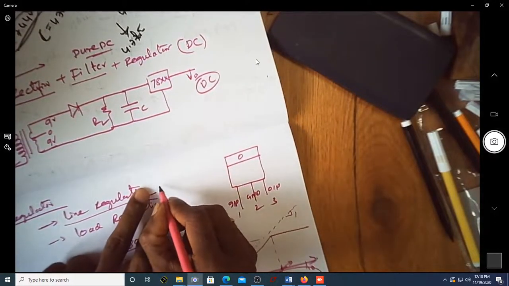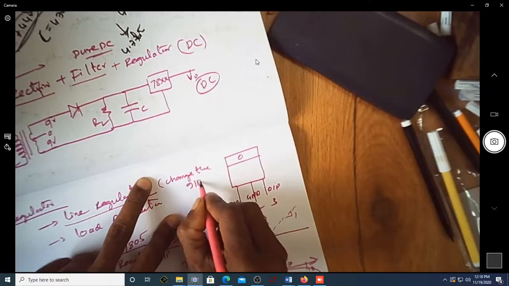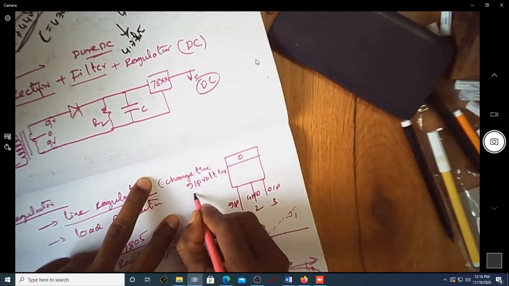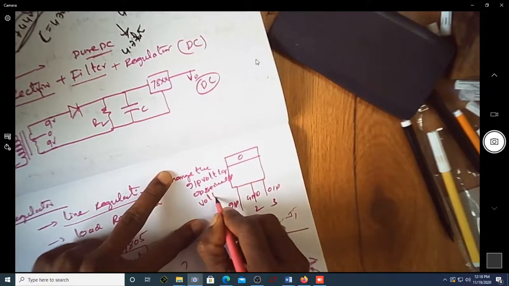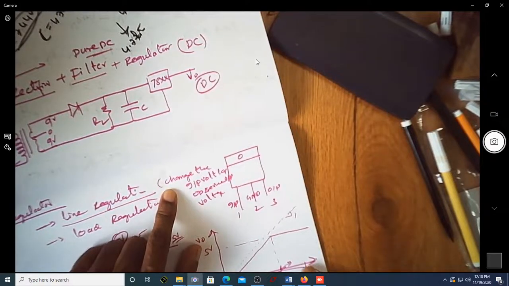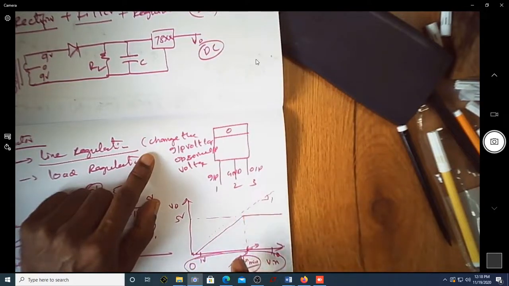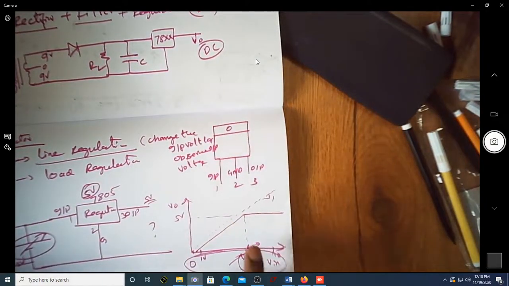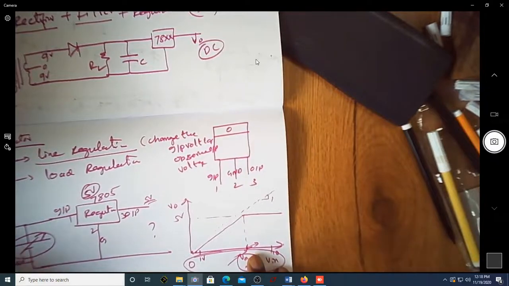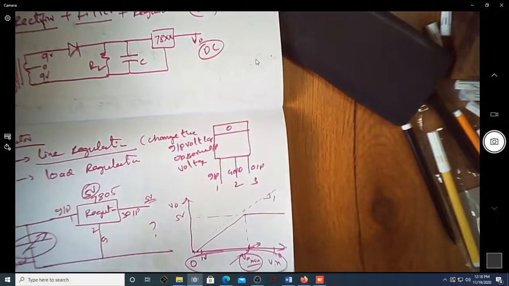In this line regulation, I change the input voltage and observe the output voltage. Are you not changing the input voltage here, and tracing how your output changes? This is exactly the line regulation. Your input is changing, you are trying to see how your output keeps changing. So this is called line regulation. In load regulation, it's a different ball game where you change the load and try to observe the output voltage. When you change the load, you change the current there. So we'll come to that later.